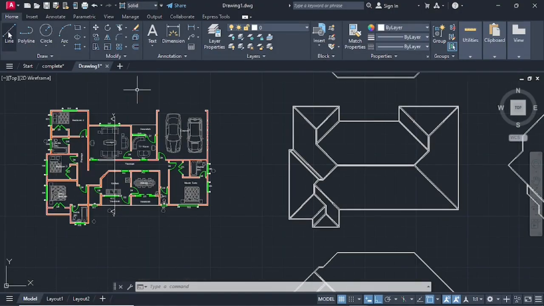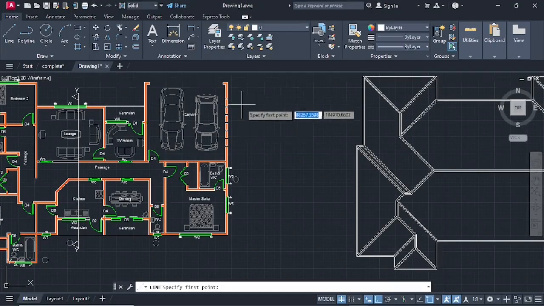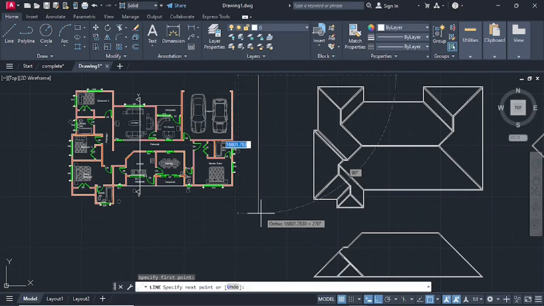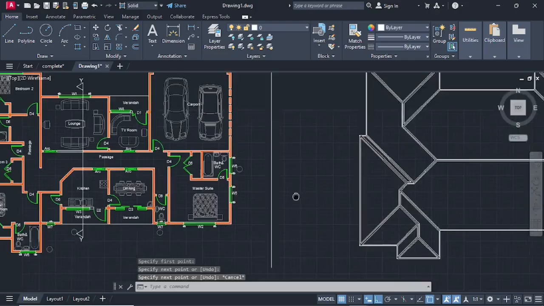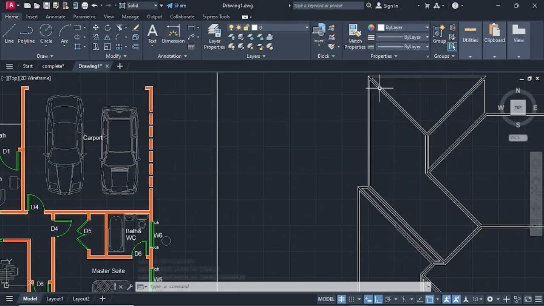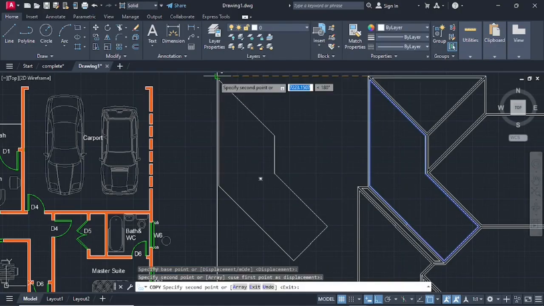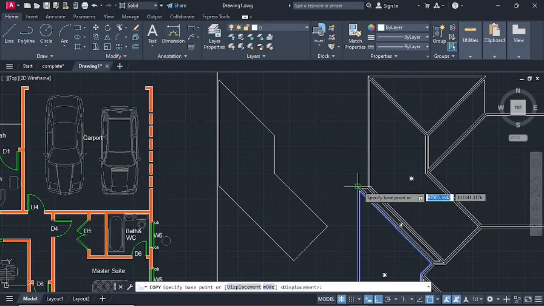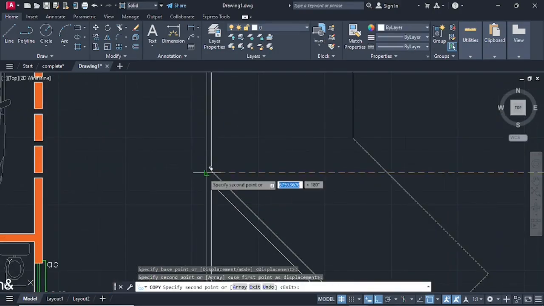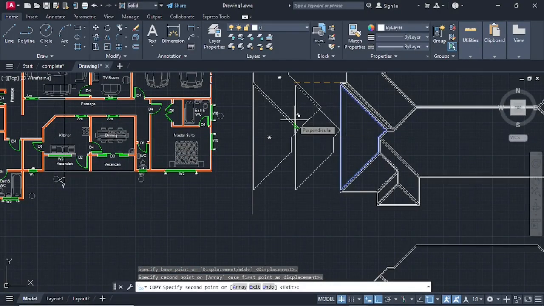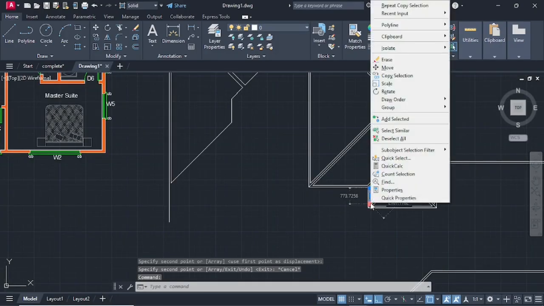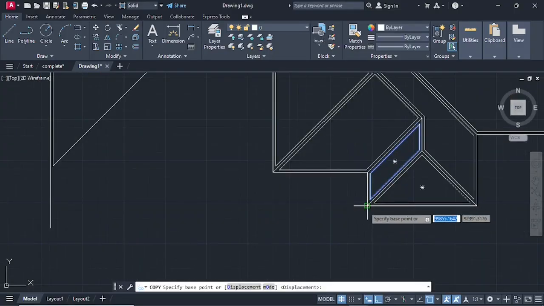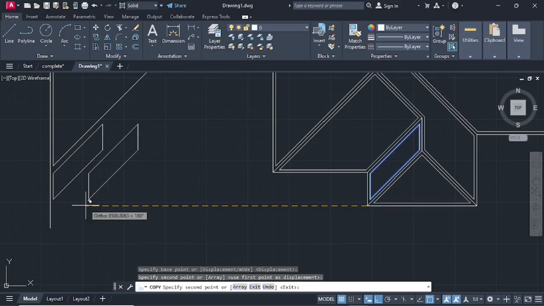So let's make the last part. Go on line, so make a line from there to there, then select this part, go on copy selection, select this as your base point, then move it down there, press on enter, select this part, copy this selection, select that as your base point, then down there, escape, then select this, copy this selection, select down there as your base point, then down there like that, press on escape,